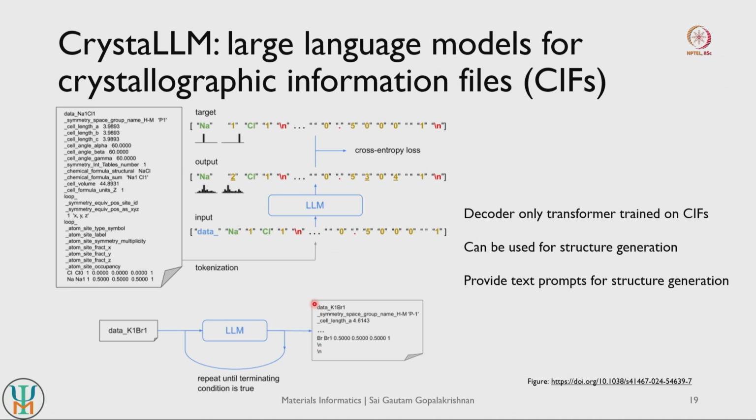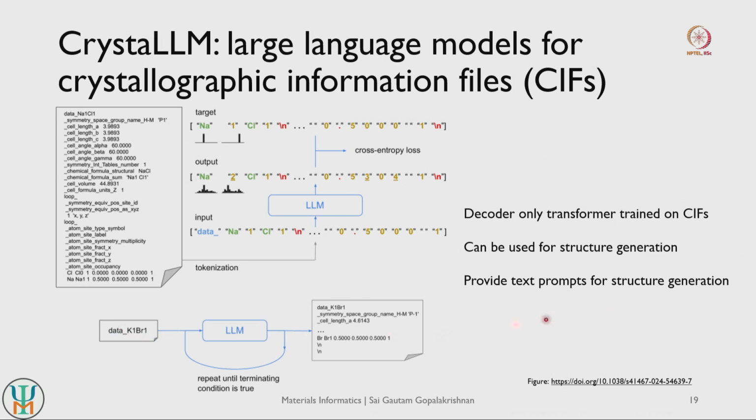Basically, this Crystal LLM model generates text that is identical to a crystallographic information file, or CIF file, and once you generate a CIF file, you basically have a structure in place, and you can pass on the structure to other models or other calculations to get necessary properties. So there is some auto regression, and they also use some Monte Carlo techniques to constrain their search to come up with reliable structure generation. And this structure generation can be done with text prompts.